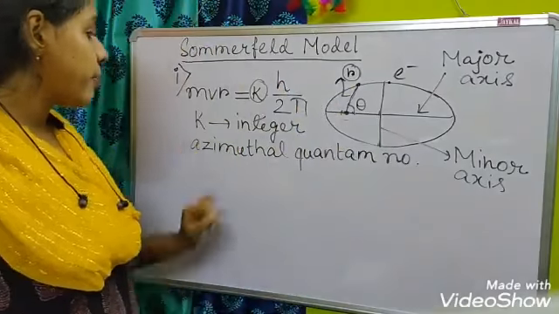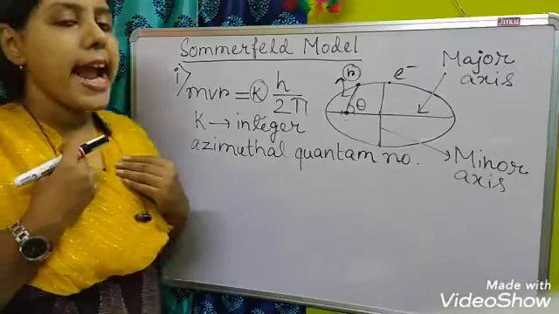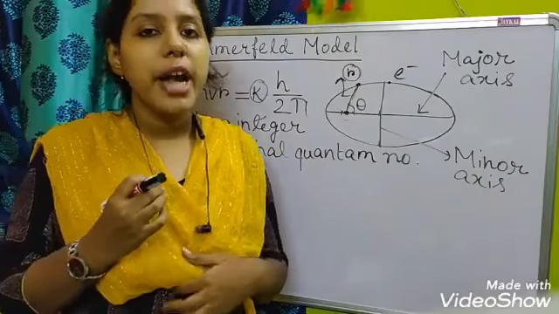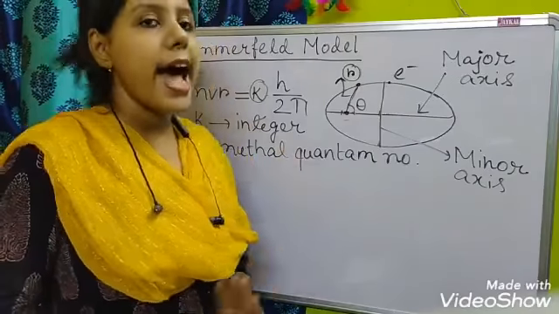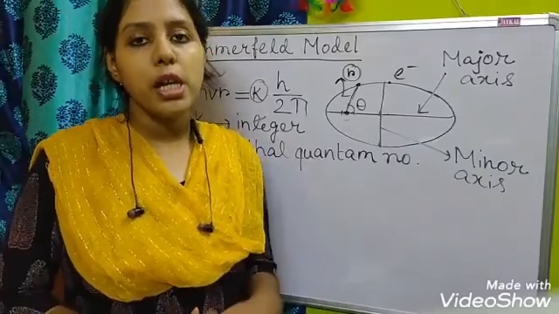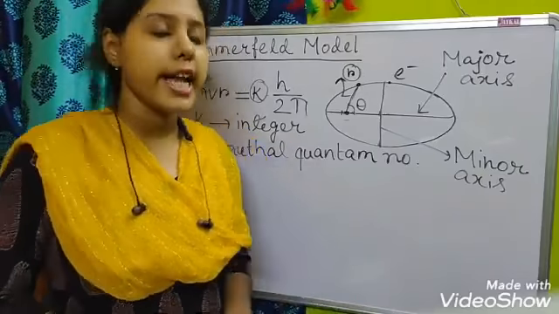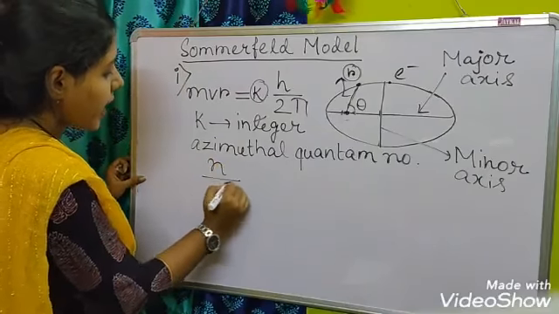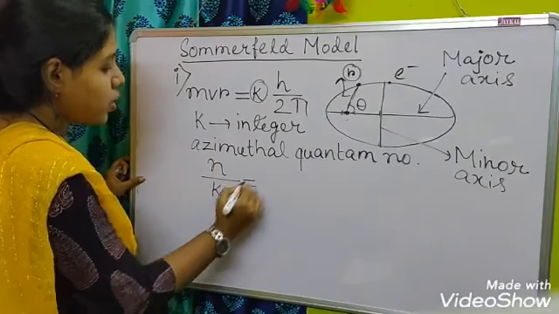So next, here n is the principal quantum number that we could see in Bohr's model, and k is the azimuthal quantum number that we could see in Sommerfeld's model. So there is a relation between n and k. So what is the relation? The relation is n by k is equal to